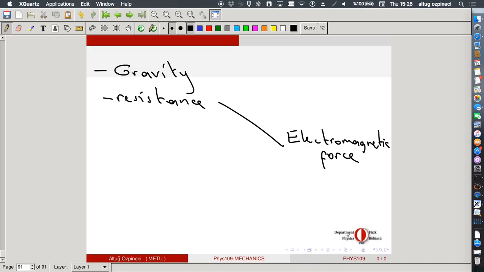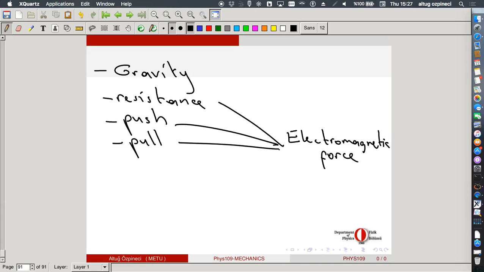Okay, how do you feel the nuclear force in your everyday life? Okay, you push the table. Okay, resistance. It's involved in resistance. It's kind of a friction. Push, pull. Some push, other pull. They are all electromagnetic forces. The force that helps you to sit on your chair and not pass through your chair, although there is gravity, is electromagnetic force. That is also resistance. Okay, these are basically the general groups of forces that you can imagine.